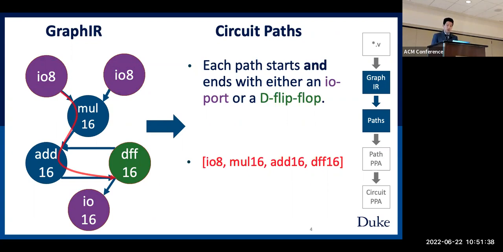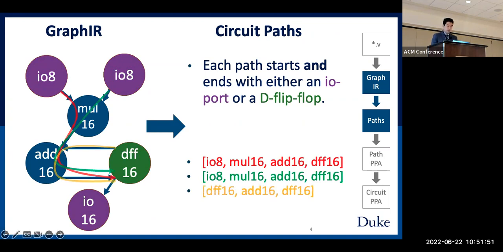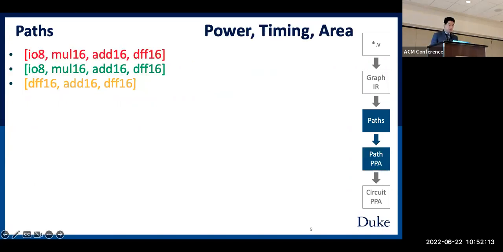Following the same approach, we see another similar path colored in green. Since the circuit can have loops, paths can begin and end with the same nodes, like the one marked in yellow. As you can verify, all these paths start and end with a D flip-flop or I/O ports. The intuition behind this is that by having this constraint, we are effectively sampling the one-cycle paths from the register transfer level circuit. And this makes our following analysis much easier.